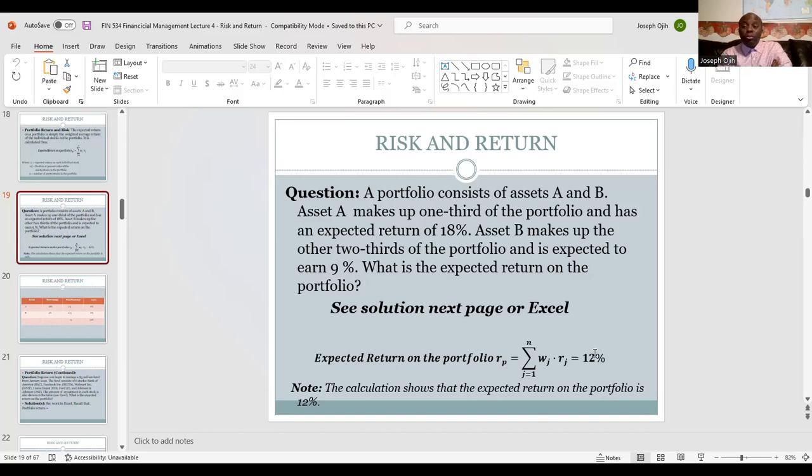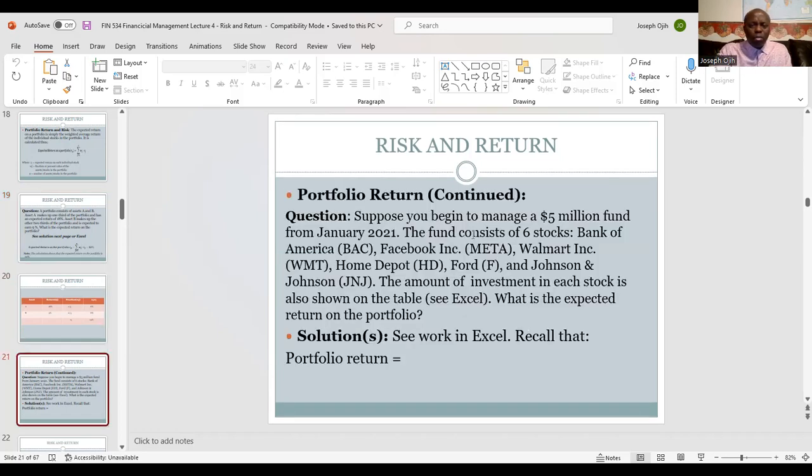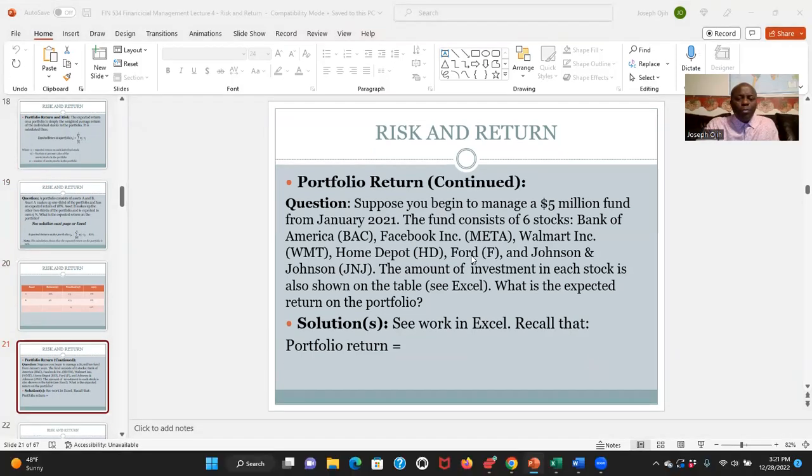Now, I'm going to use real life data, real life companies, because I like to use them, so that it won't be as if we are only making up theories. Let us apply this to real life companies, the same thing that some of these asset managers are doing for you in the stock market. You can do it by yourself by just following my example. So look at this question. A portfolio, suppose you begin to manage a $5 million fund from January